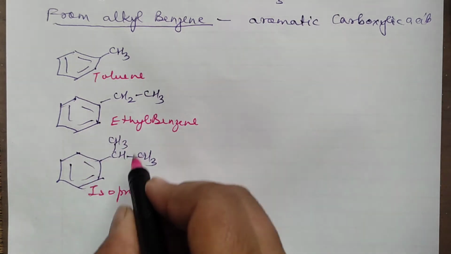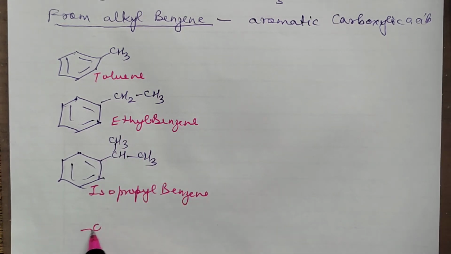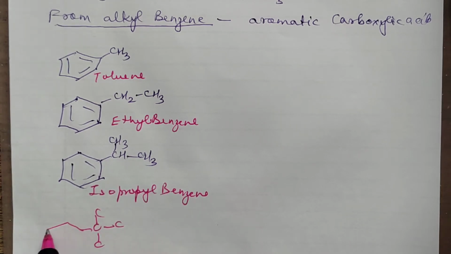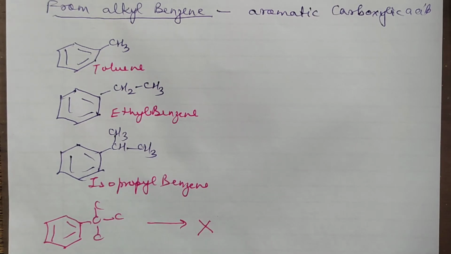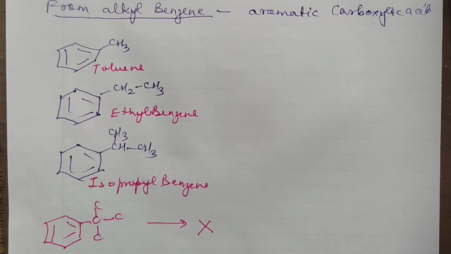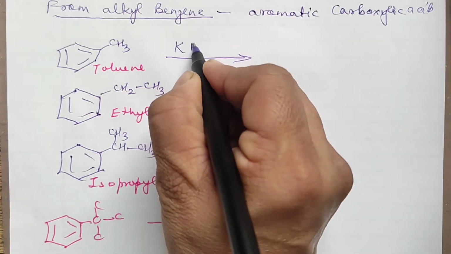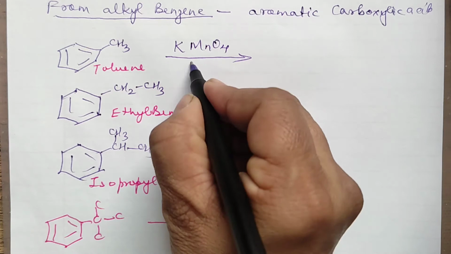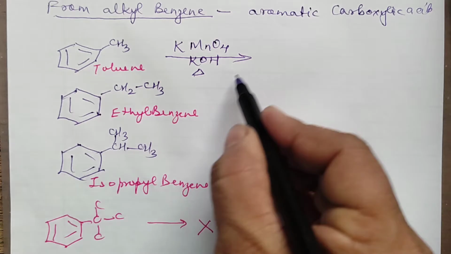If I use here tertiary alkyl radical, suppose I use this alkyl radical as this one, tertiary butyl. If this is present on the benzene ring, then I try to carry out this reaction, then children this reaction will not occur. This will not be affected. Okay, so it is only 1 degree or 2 degree alkyl radicals if they are present. And how we carry out the reaction? We carry out the reaction in the presence of potassium permanganate, alkaline medium, and you heat. Just if you find KMnO4 and KOH.